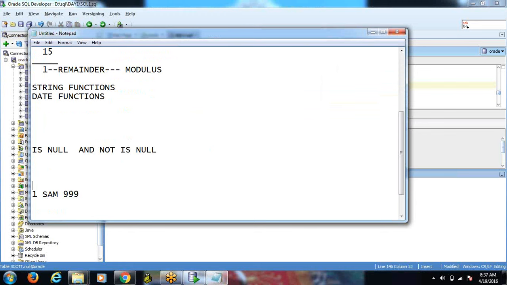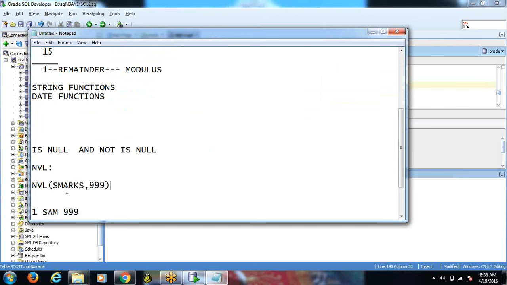The scenario can be handled by using the function called NVL. NVL is nothing but null to value: null to some specific value which is specified by the user. Suppose I am writing like this: NVL of S marks, comma 999.